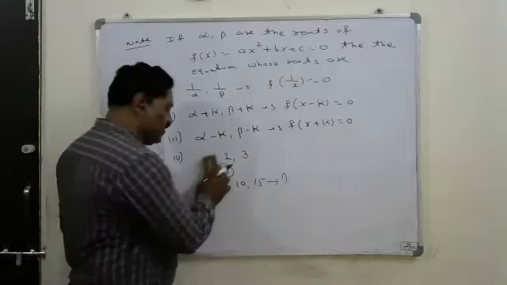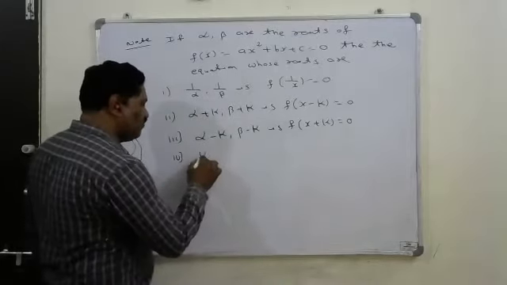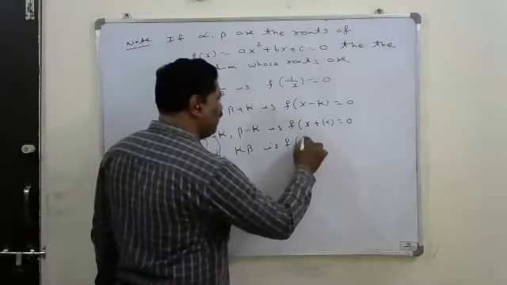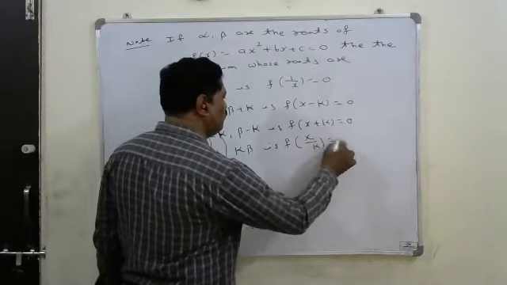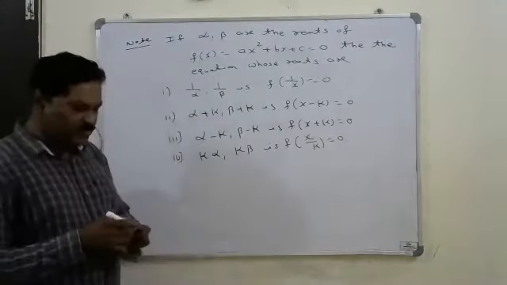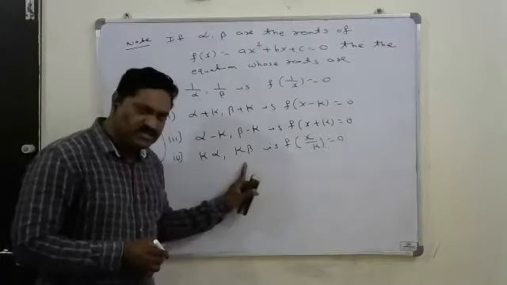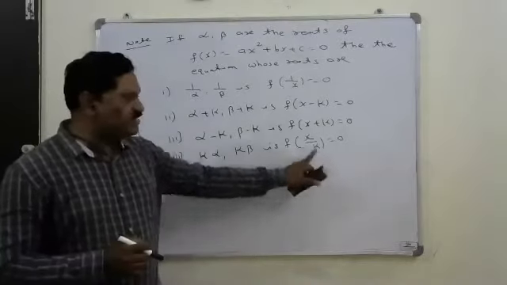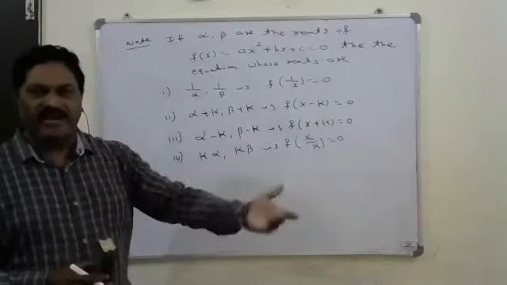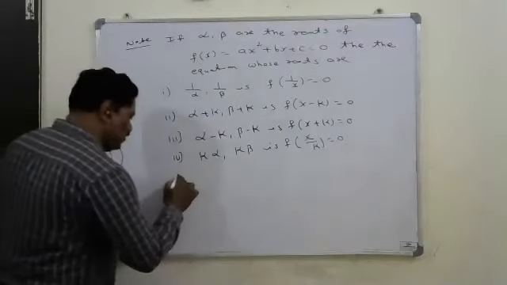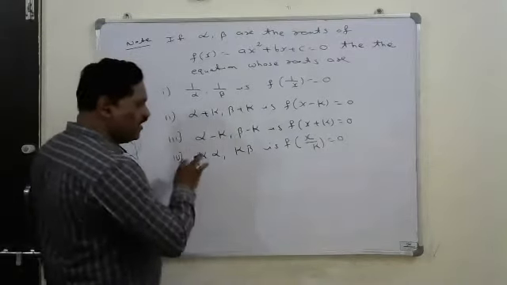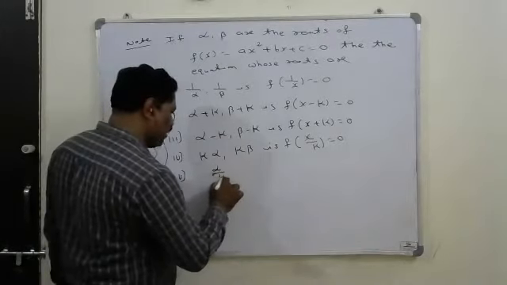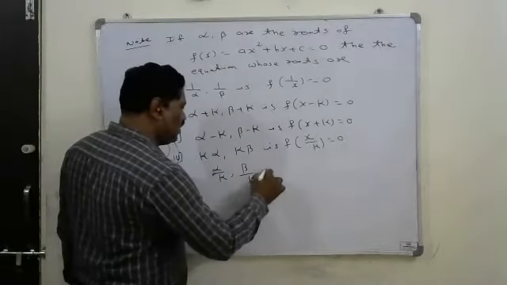So if you want to find that equation, here also suppose k alpha, k beta are the roots, then that equation is f of x by k is equal to 0. F of x by k is equal to 0 means here if you multiply, you have to divide that x by k. Okay, you have to replace x by x by k, and if you simplify that, you will get the required equation. Okay. Then if the roots are divided by k, that is, suppose alpha by k and beta by k, then what is the required equation?